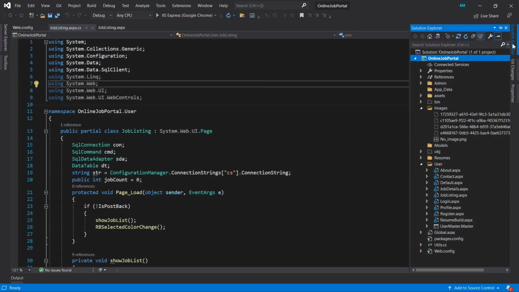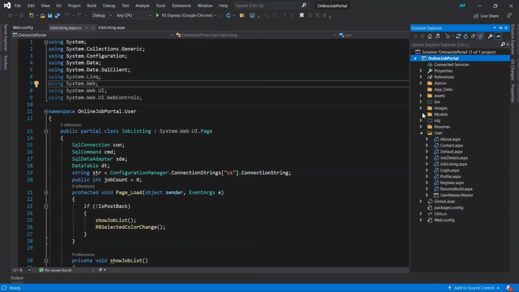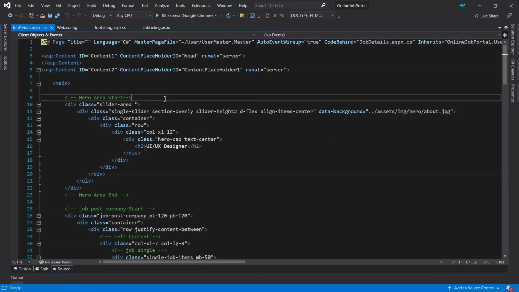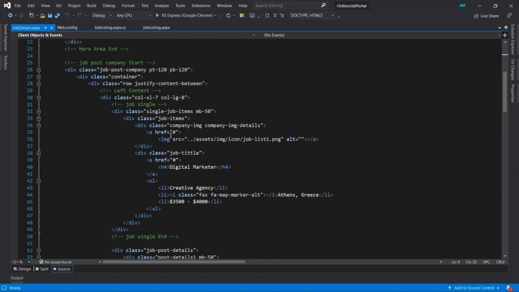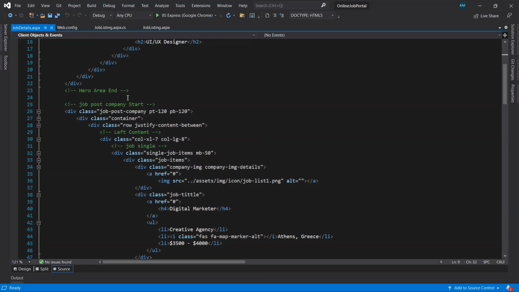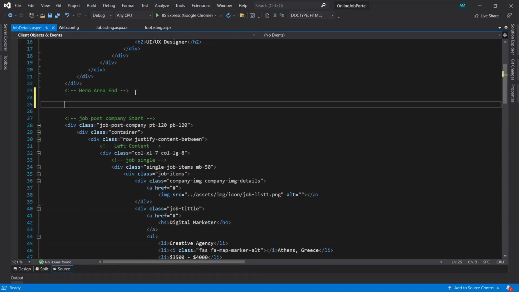Let's open that page, go to solution explorer. In the user folder we have the job details page. Open that. First of all, we'll take one label control.